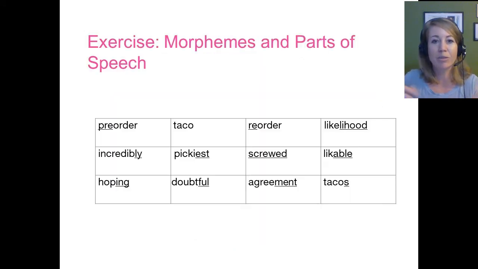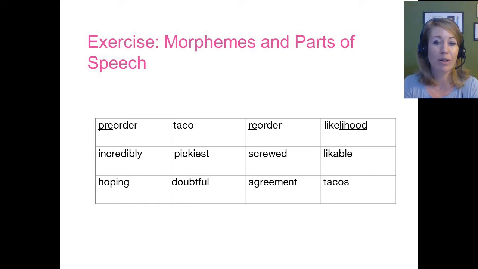So with that in mind, you'll move into your next exercise entitled Exercise Morphemes and Parts of Speech. And based on our word bank here that we've been working with the last couple exercises, you're going to tell me, much like in our examples, when we add the prefix or suffix to the word, does that change the part of speech? And so in order to answer some of these when you go into the exercise, you might need to use the dictionary. You need to think about how that word is used in our exercise, right? So how is it used in the sentence? You need to be able to identify the free morpheme and bound morpheme, right?